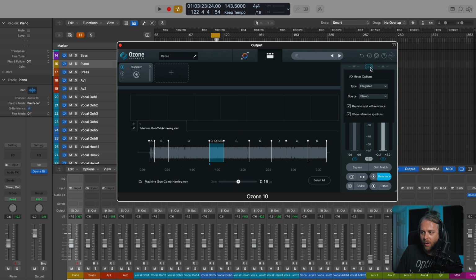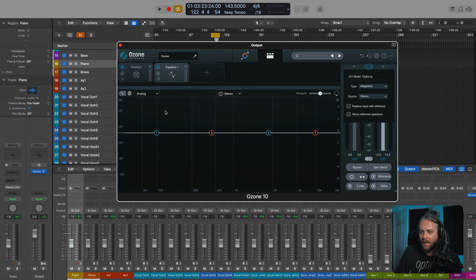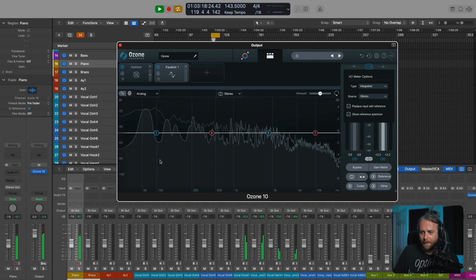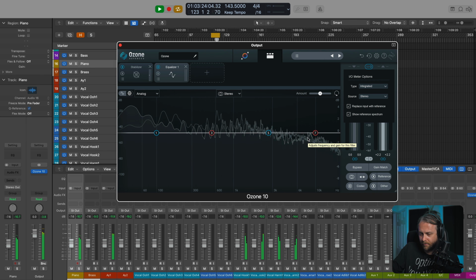And you can also, if we go back here, you'll see this show reference spectrum. So one of the cool things is if I'm hanging out in the equalizer, I can now see the spectra of my reference track and my source track in one metering display. So the track that is shaded in is mine, and the one that's kind of white and outlined is the other one. It's the reference. So if I want to do some tone matching, I can see at a glance right away that the high end here on the reference is a bit more bright than the one I'm working with.